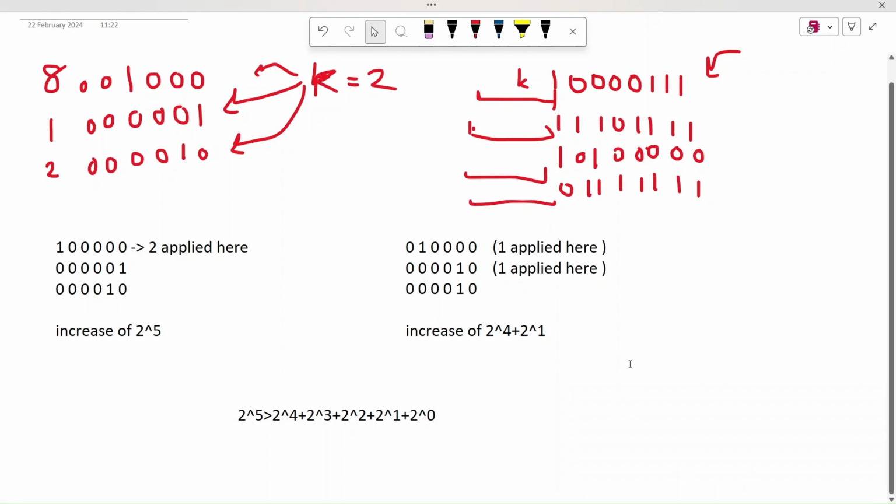I have taken this and multiplied it. So what happened was that here, as it is the fifth position, my increase was of 2 raised to 5. Although my decrease was also there, which is 2 cube, it's fine. But my increase was 2 raised to 5. Here, I took another option: I apply 1 here, and I apply 1 here. There was an increase of 2 raised to 4, and there was an increase of 2 raised to